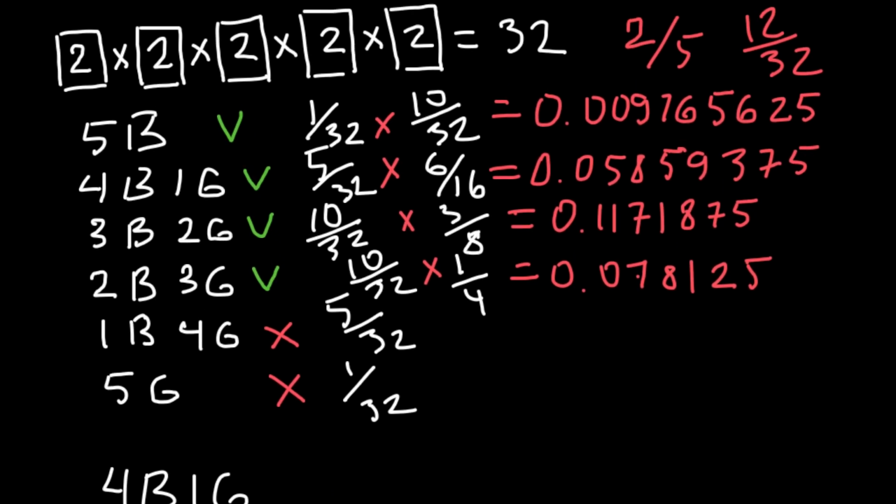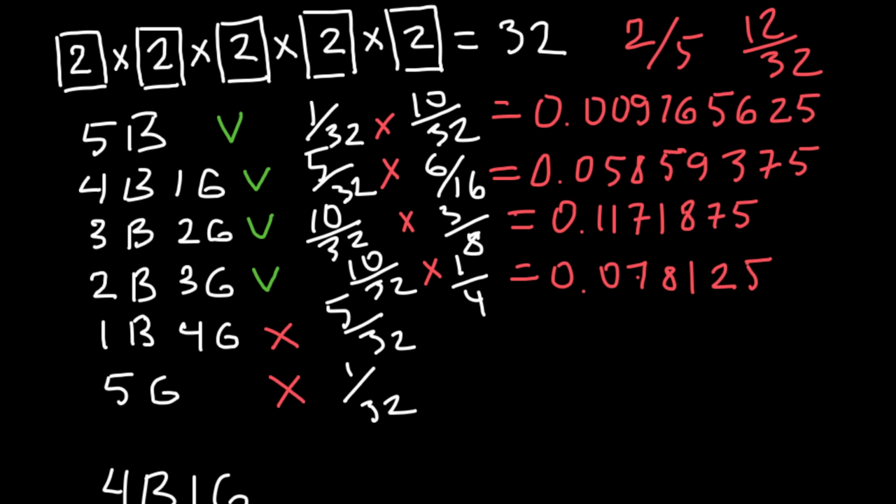So now what we have to do is add all these probabilities. So this probability plus this probability plus this probability. So the final answer, to have 2 affected children in a family of 5 children, would be